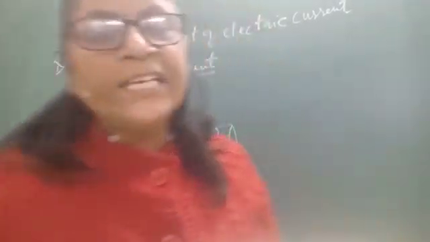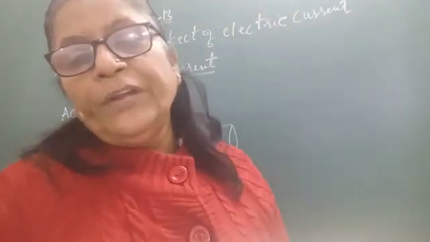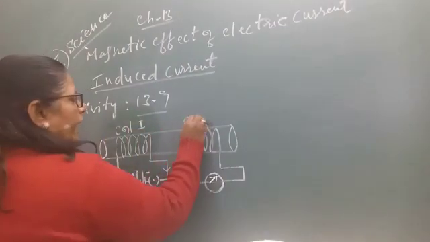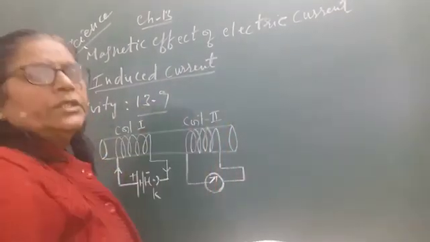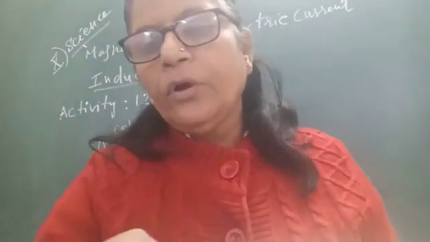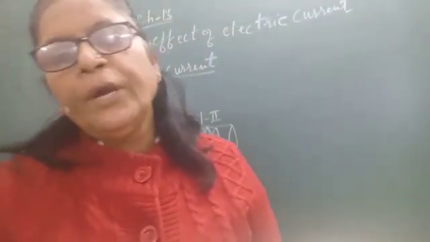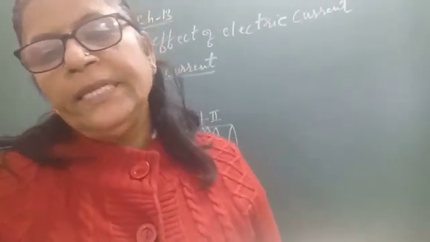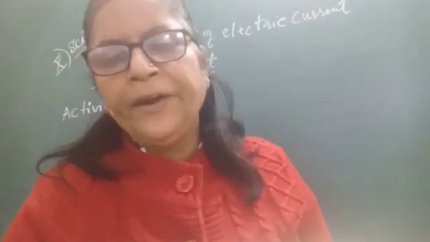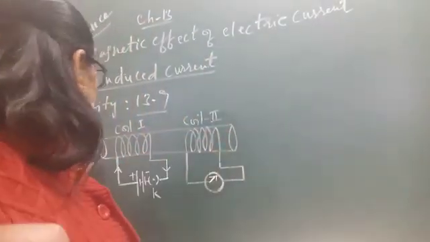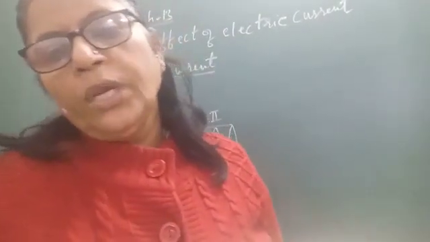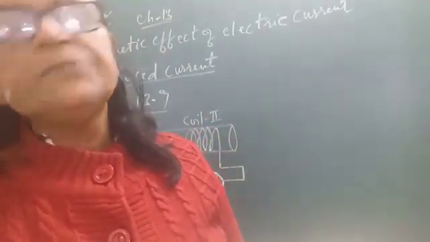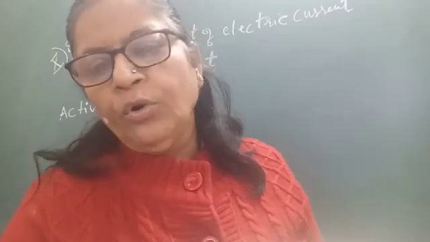Now, for this, as shown in the figure, take two different coils of copper wire. This is coil 1 and this is coil 2. These two coils are made of copper having a large number of turns, about 50 to 100 turns, and insert them over a non-conducting cylindrical roll. This is a non-conducting cylindrical roll. Here we can use a thick paper roll, or a wooden roll or plastic roll, anyway.